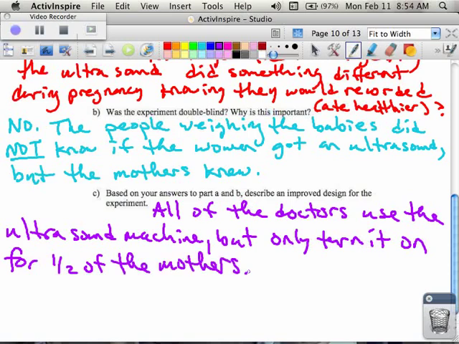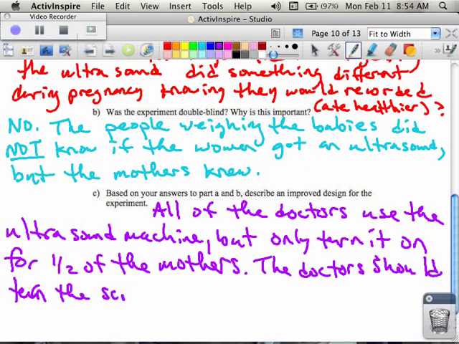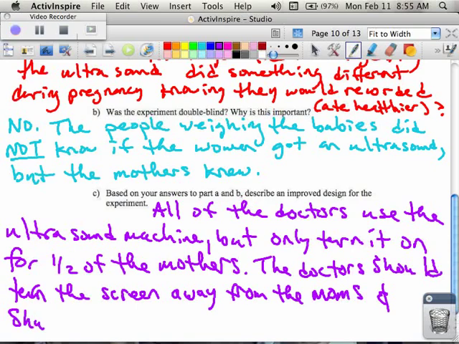In addition to that, we also talked about the doctors should turn the screen away from the moms, and maybe, if I remember right, there's sound, and shut off the sound. So then it's just all